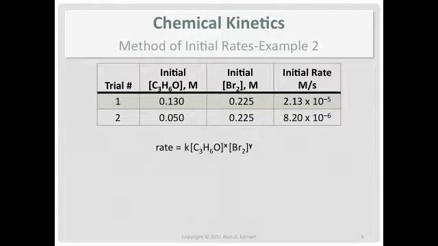Just shift things up to make some room. Okay, so we take the rate law from one of them and divide it by the rate law for the other one. So we start off with the left side of the equation. And I'm doing trial 1 over trial 2. And a reminder on units: I choose not to show the units when determining the rate law with this method just because it gets kind of busy. If you want to show the units, you can.